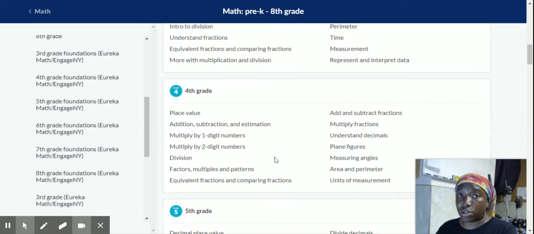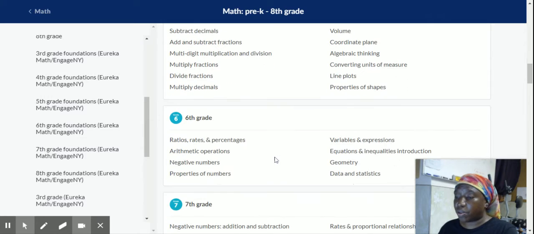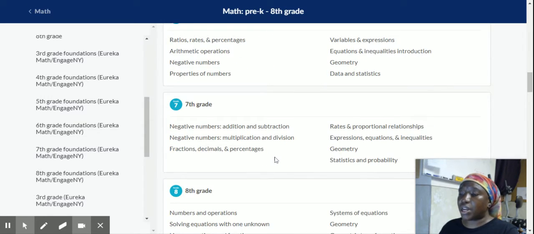Now, you know that it goes to 14, which is junior college or community college. Okay, we're at 7th grade, negative numbers, addition and subtraction. Anytime you learn about numbers, I already told you, you're at kindergarten, 1st grade, pre-K. As you're getting older, or graduating and going up to the next level, you're learning the same stuff, but they're just giving you more information regarding those numbers that you learned when you were in pre-K.